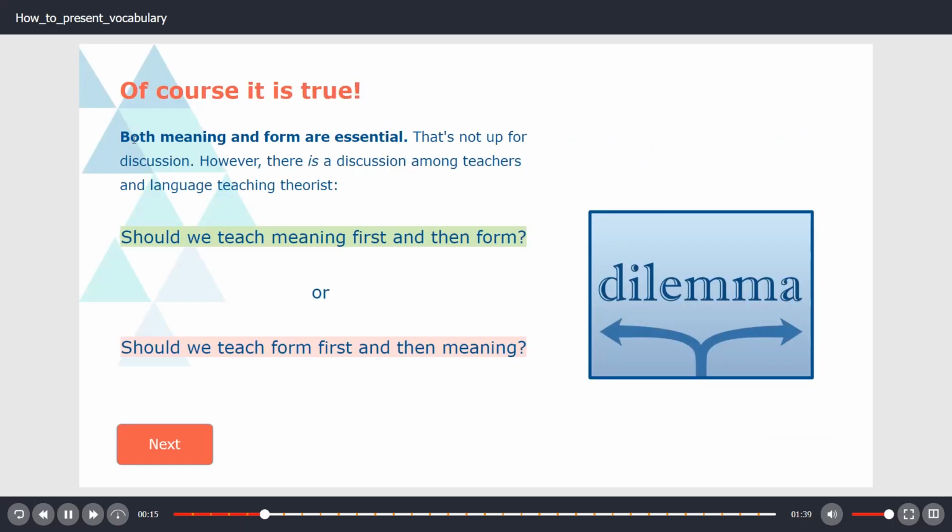We studied that when we learn vocabulary, both meaning and form are essential. Okay, that's not up for discussion. That's essential. All right. So now there is a discussion among teachers and other language theorists. Should we teach meaning first and then form, or should we teach form and then meaning? So next,